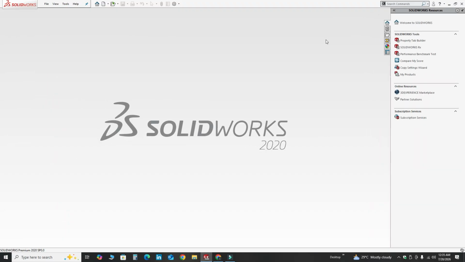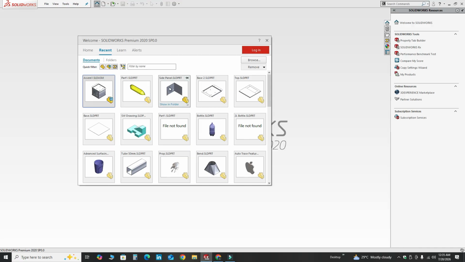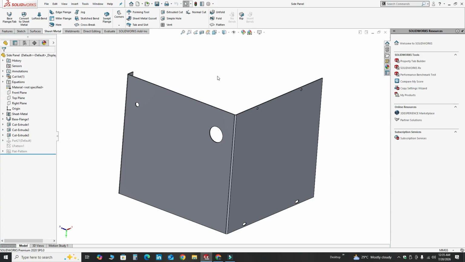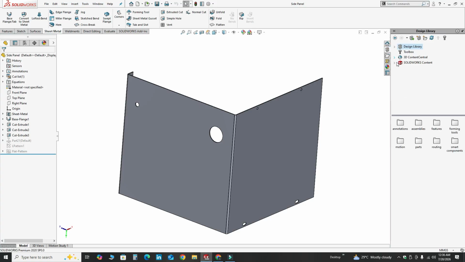Now I will use this forming tool in one of my sheet metal panels. So I will go to recent documents, and then I will select this one, side panel, and here I will apply the Louver that we have just created. For this I will go to design library, and then look for forming tools, just double click it, and then you will see different options. I will go to Louvers, and here you will find this option. I will just drag it over here,